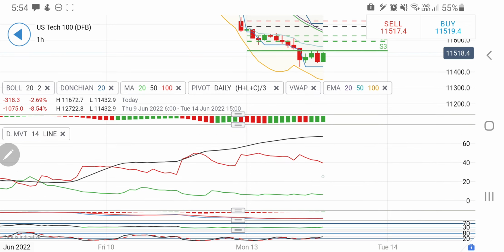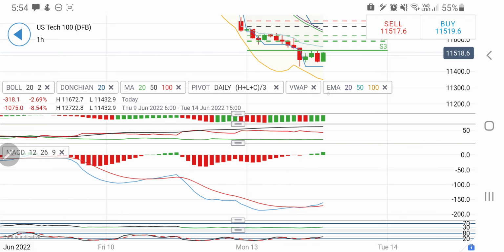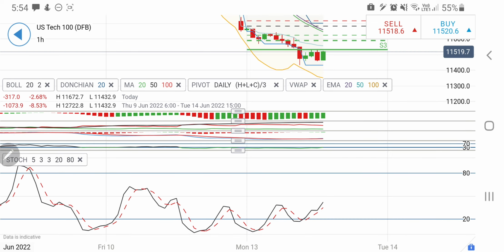Similarly, if you look at the directional movement, it is trading bearish, and the red line is trying to converge from here. Be watchful of this. We can see a rise from here. The MACD has crossed over, it is white divergent and it is bullish. We may see a bullish move ahead.